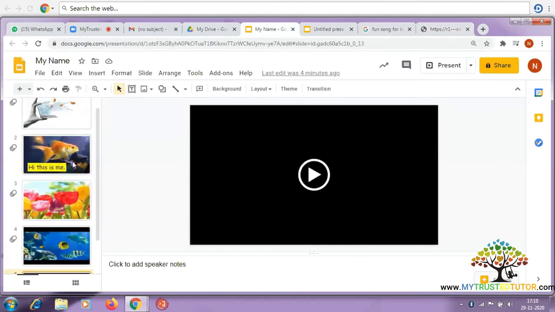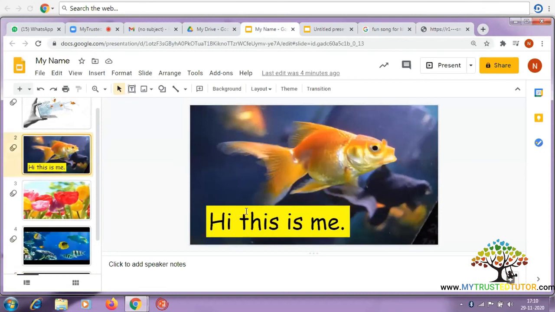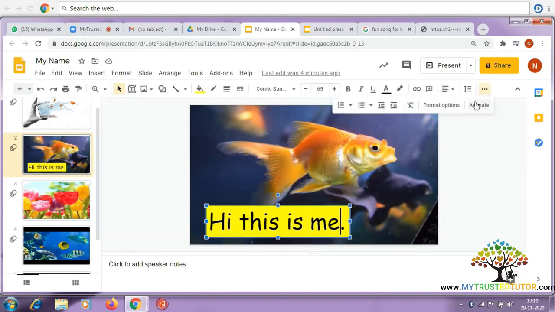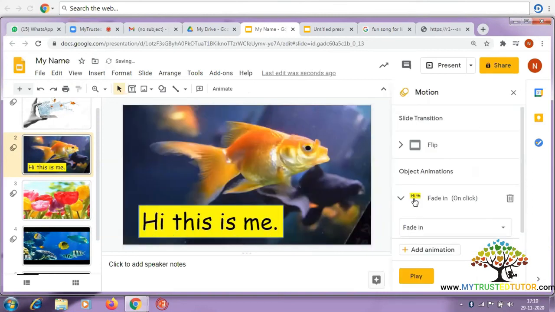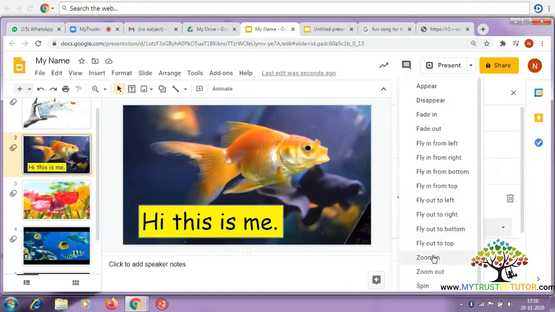And for this slide, if you even want to have any animation, you go to animate. As this picture is already in flip, you go to zoom in.